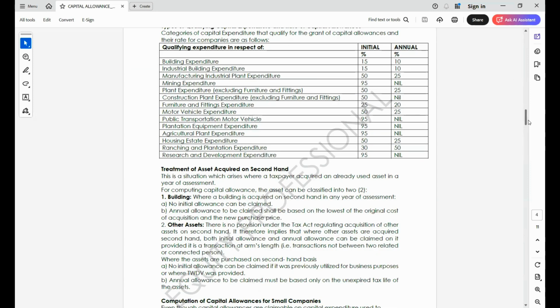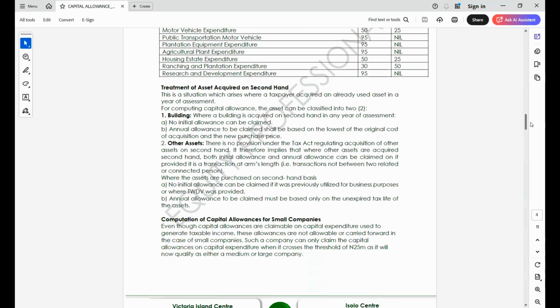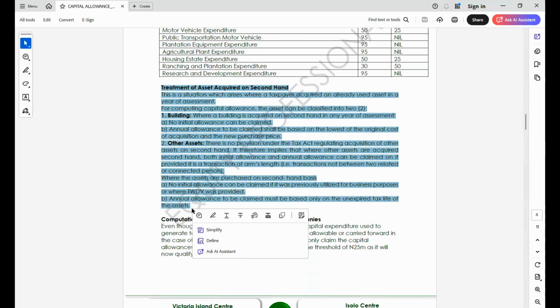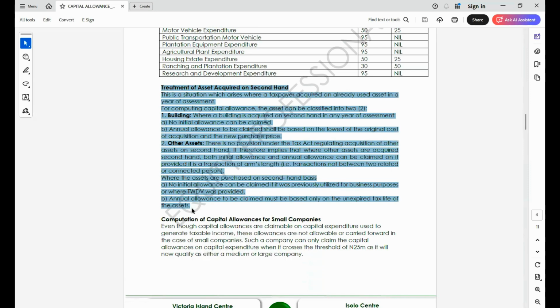Now to the treatment of assets acquired on second-hand basis. Somebody asked a question earlier: what will happen to assets that were acquired on second-hand basis? So when your asset is acquired on second-hand basis, the requirement of the law is that those assets are grouped into two major forms. You are either acquiring building or other assets. Please, in the case of building, where you have land and building together, it is going to qualify for capital allowance claim. But where the examiner separates it, where you have land separate and building separate,